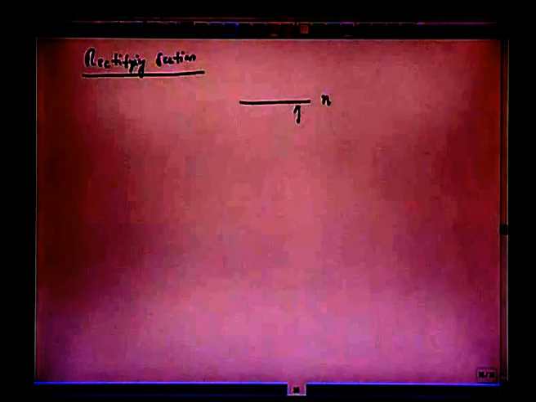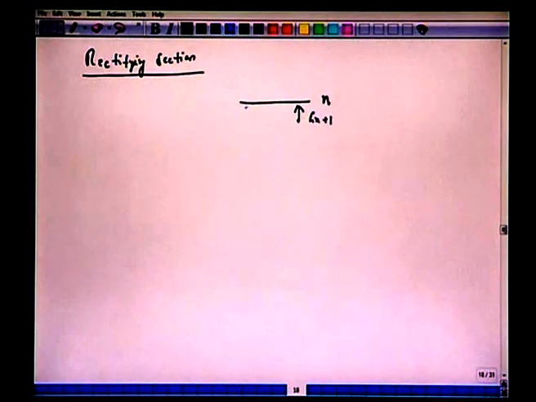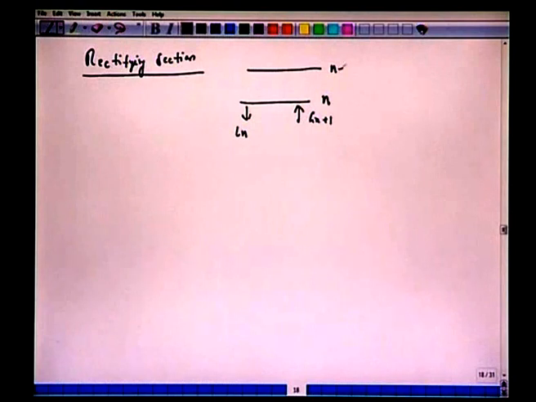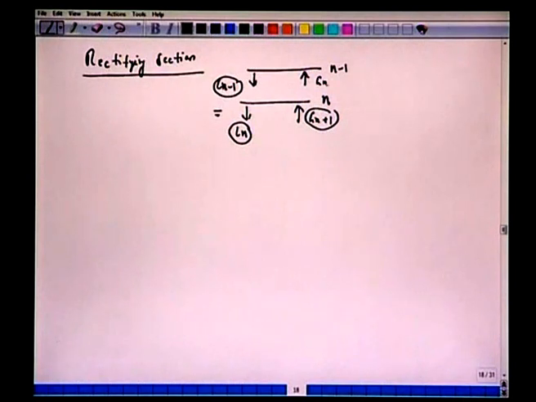So what we did was we had this rectifying section. Let's note down what we did. In the rectifying section, we took a plate here, n. We had this vapor G(n+1) and the liquid Ln. Here we had the plate, say, n minus 1. You can also choose n plus 1 here. So we had this Gn and we had this L(n-1). Now we are saying that L(n-1) is the same as Ln and G(n+1) is the same as Gn.